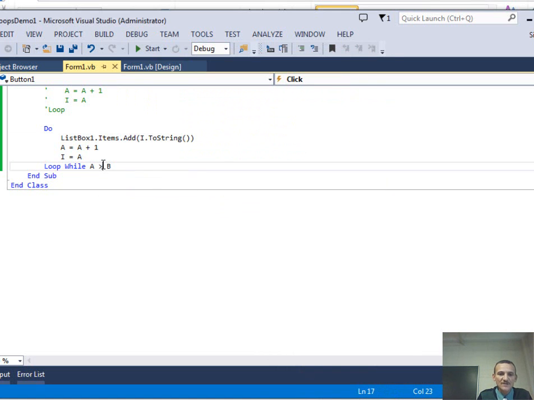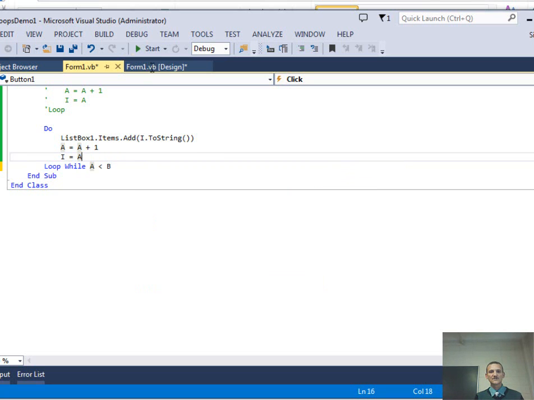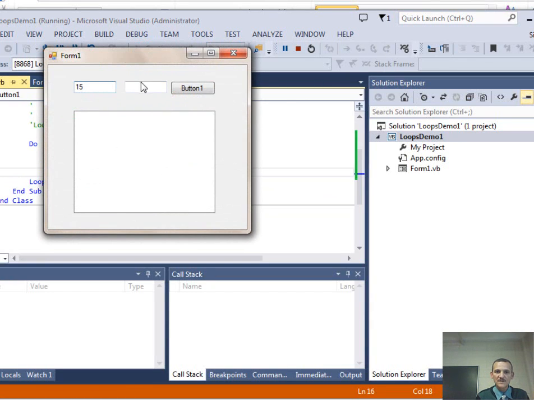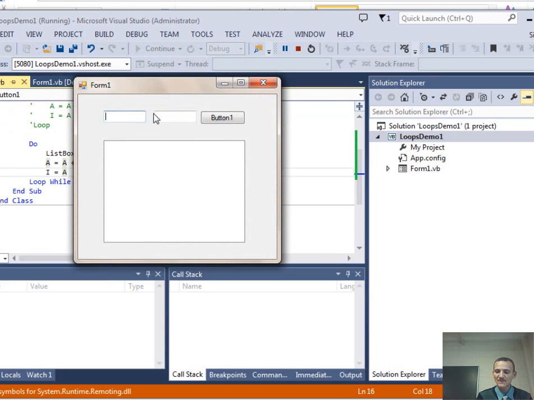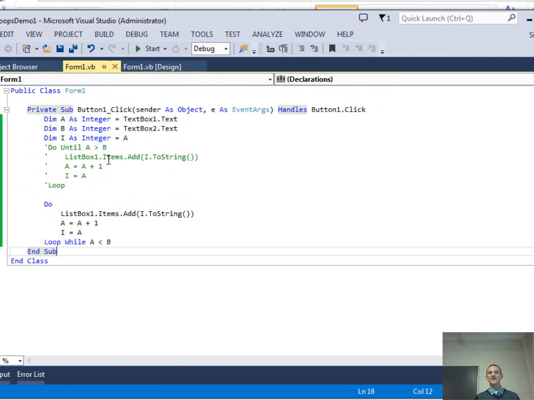That's what happens. So what you should do is rather say A is less than B. And that's in 15 and 20 cases. But if we put something less than that, it will also print something, but it will print one at least. That's it. So be careful when you do things like this for endless loops. Okay? So that concludes the